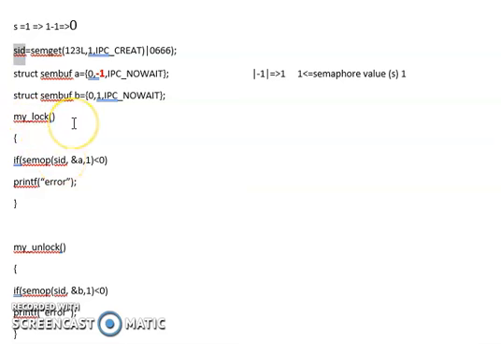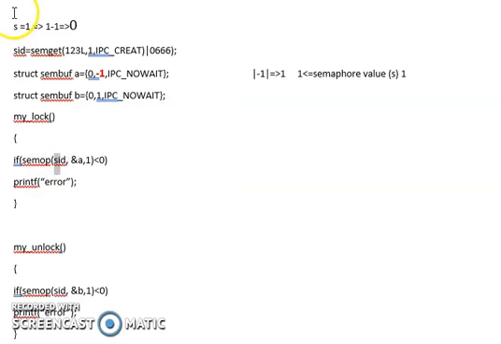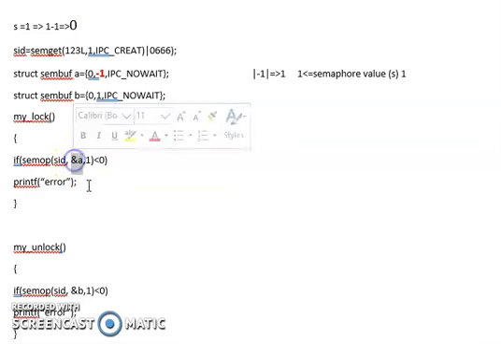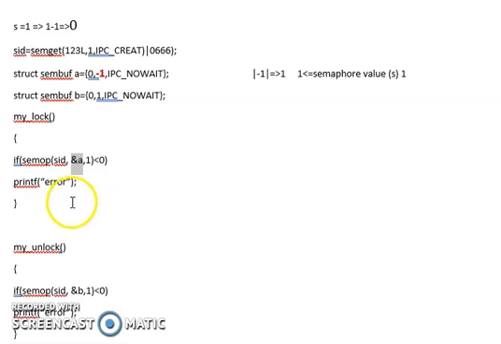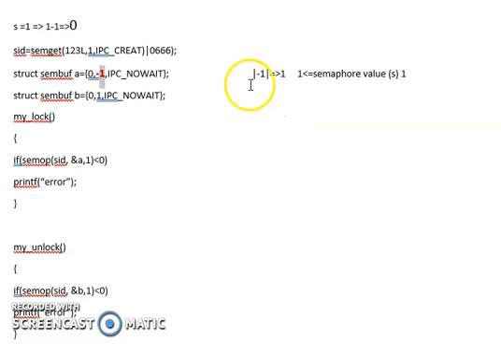Then before entering into critical section, it is made to pass through myLock function. So it comes to SimOP again, accesses through SID. SID takes me to what is the current value of it? It is 0 now. So I check with the help of SimOP part of the structure called A. So what do I find? SimOP value to be -1. Now, as I have done it earlier, I go finding the absolute value of -1, which would be 1 now for me.